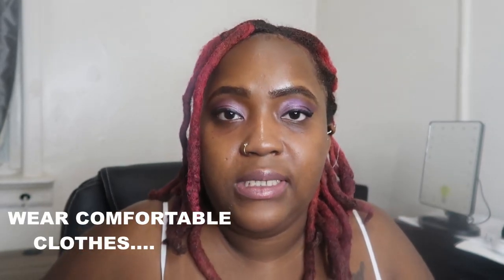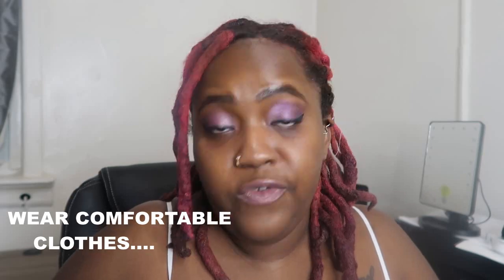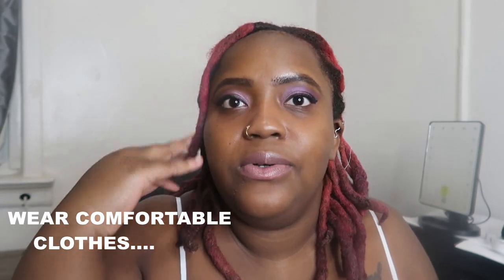The next tip that I could give you guys is to wear comfortable clothing, because they give you 4 incisions in your belly, and these 4 incisions have to heal, and you can't wear jeans or something that's going to irritate them. My surgeon put glue on it, so the glue doesn't interfere with what you're wearing and won't peel off immediately, but you still want to wear something comfortable so you're not irritating your incisions, because they do hurt. The next tip